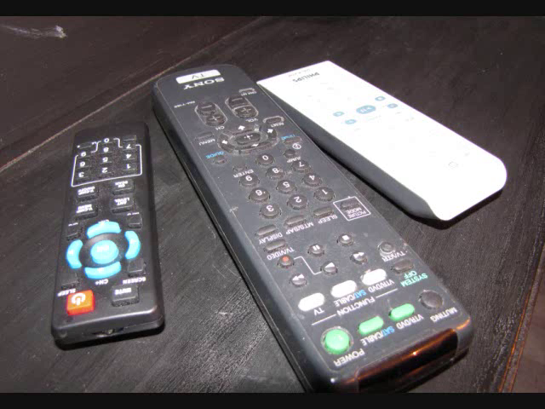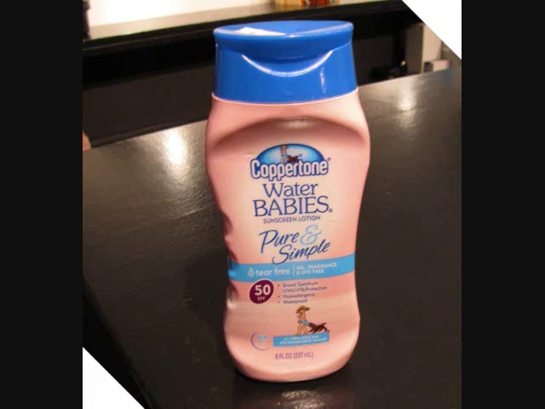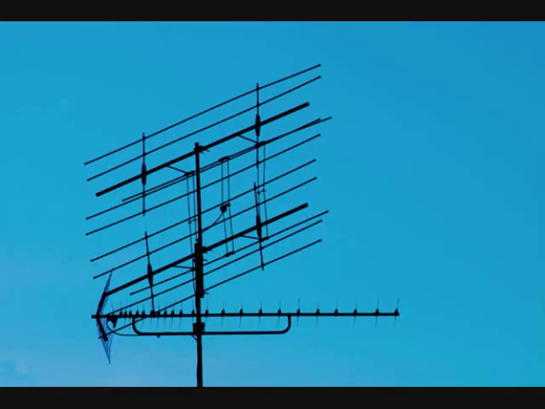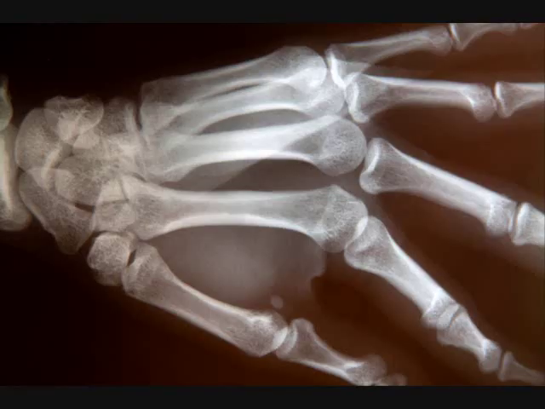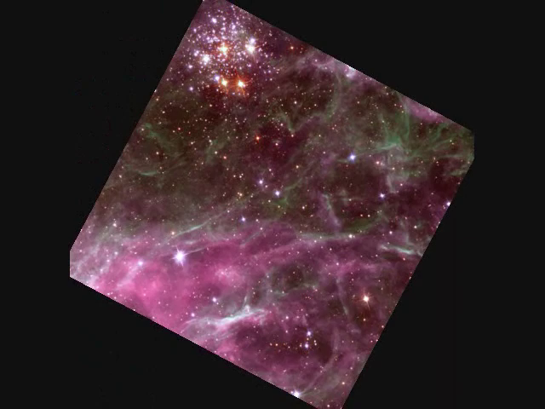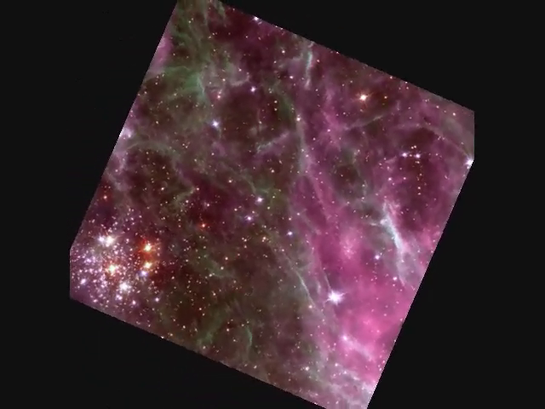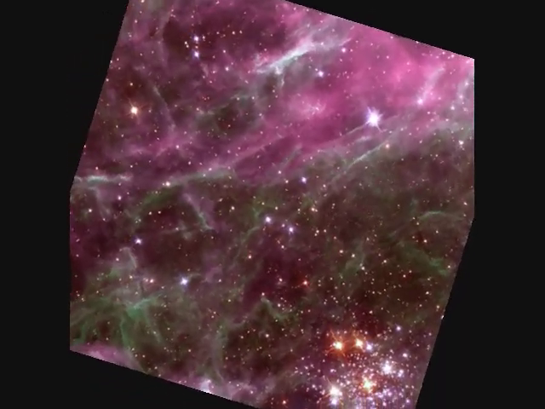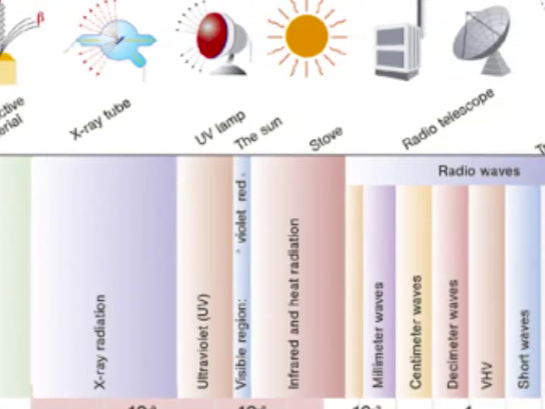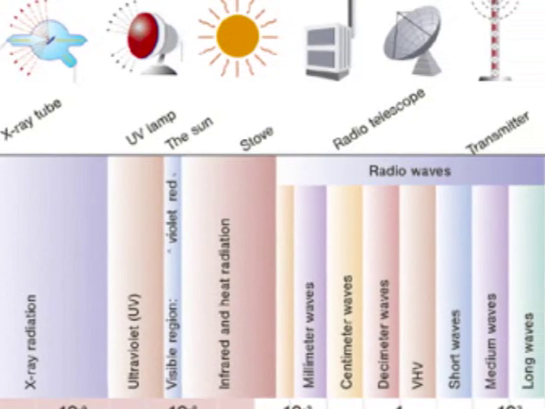Things like the infrared beams we use to tell our televisions what to do, the UV rays that cause sunburns, microwaves that cook our food, radio waves that bring us our music, and X-rays that can see whether or not our bones are broken, as well as gamma rays that we can observe coming from the most massive explosions in our observable universe. While we may experience all these different forms of electromagnetic radiation in different ways, they all have